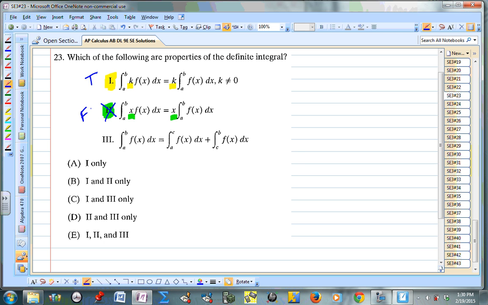Now, statement 3 says the integral from a to b of f with respect to x is the same thing as the integral from a to c plus the integral from c to b. Well, this is true. If you were to think about it graphically,